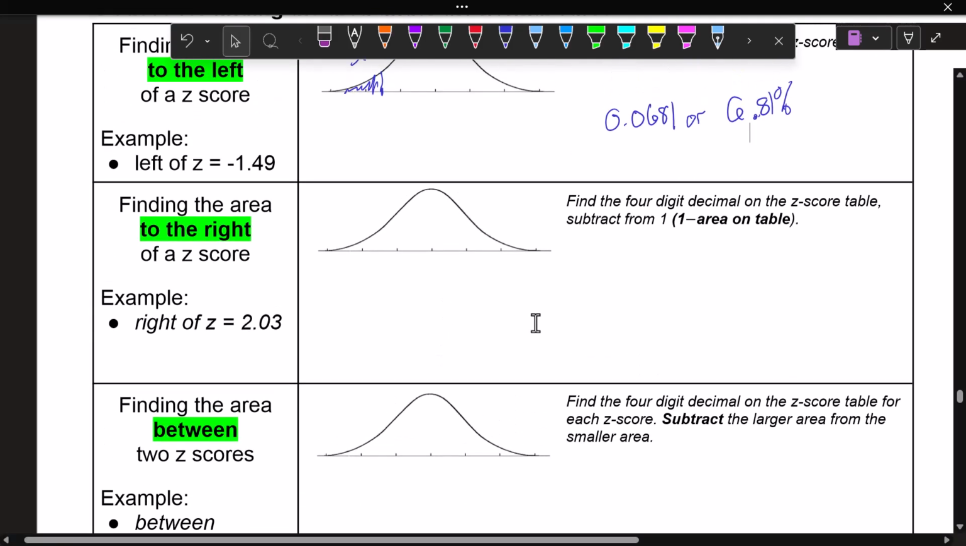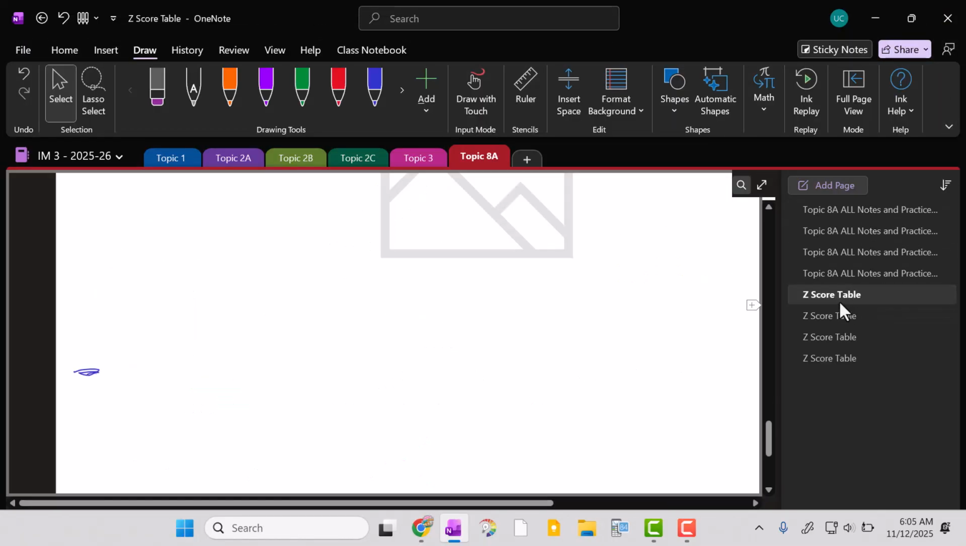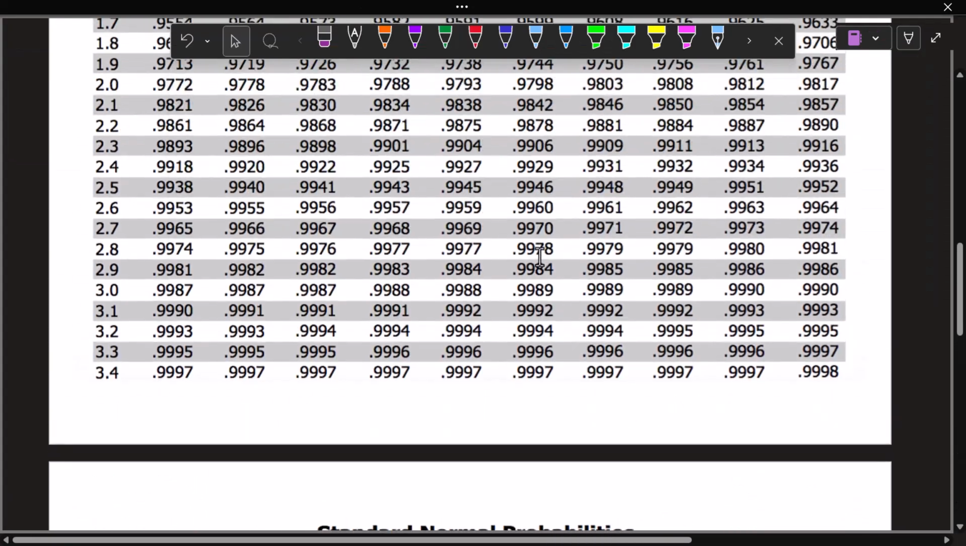All right, now area to the right, a little bit different. We have to do 1 minus the area on the table because, again, that finds the area to the left. We want the area to the right. Together, they add up to 1. Let's see. There's 2.03. Very little probability or proportion there. Well, 1 minus the area to the left of that, which is, well, we've got to go to our table, a z-score of 2.03. Go to the positive side,